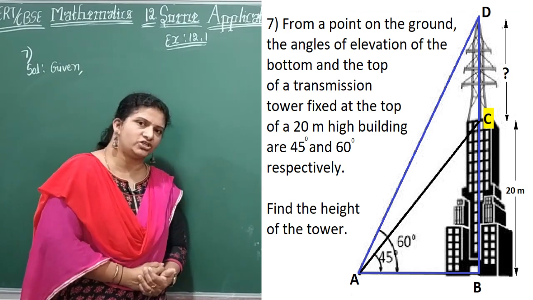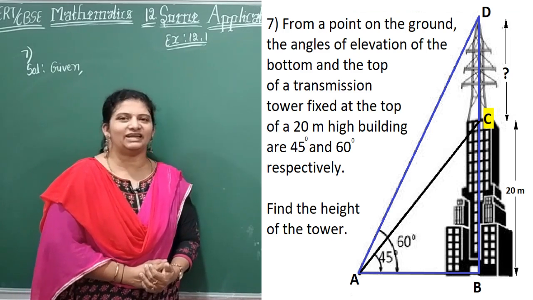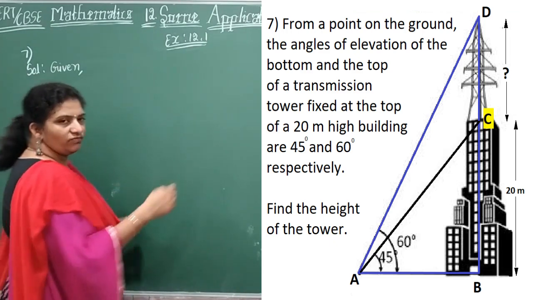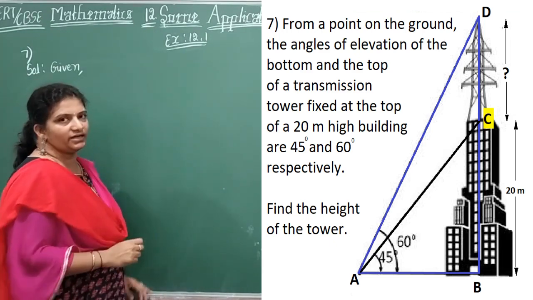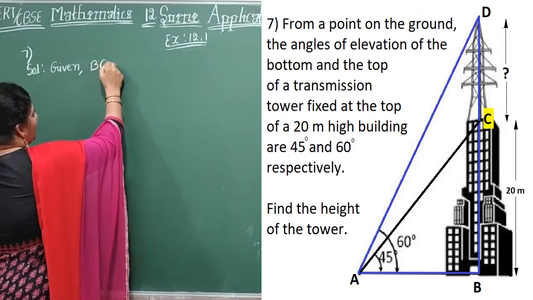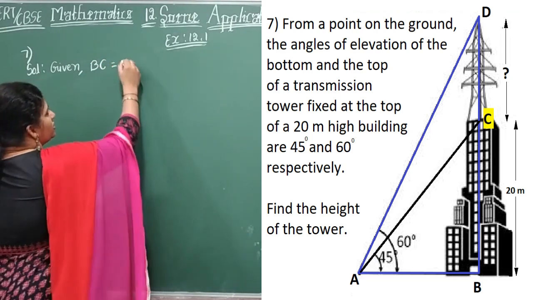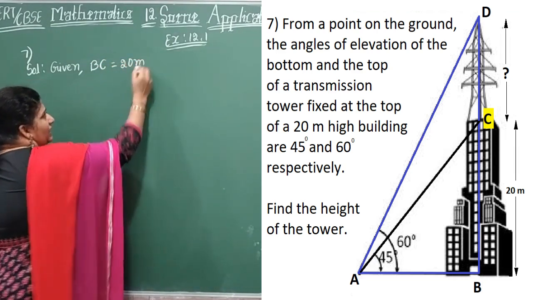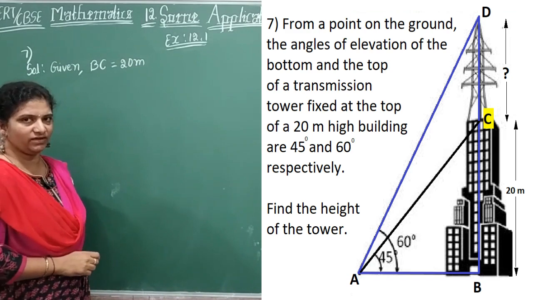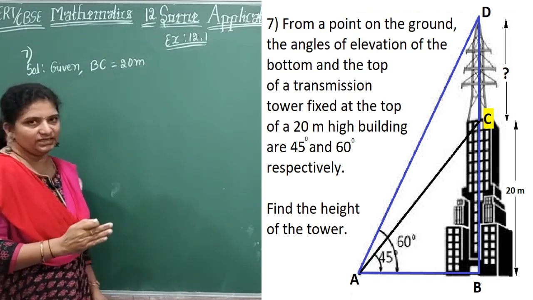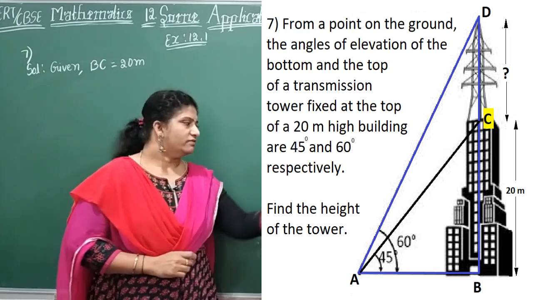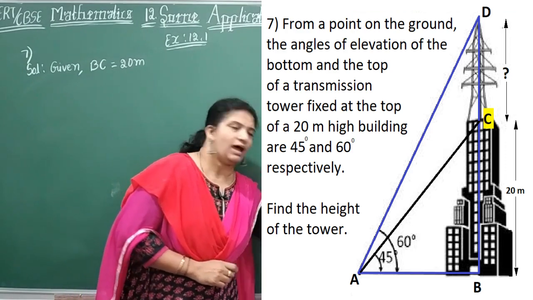Opposite and adjacent, which ratio you remember, children? Yes, exactly, tan theta, right? Let's start our problem here. Given, what given here? Height of the building. We have assumed the letters. What is the height of the building here, children? Given height of the building BC is equal to how much? 20 meters. Still anything given? No, they did not give, only the angle of elevations given. So, let's consider here two right angle triangles you can see here. So, one by one we'll do, which is closer to the ground. This triangle I am going to take first.